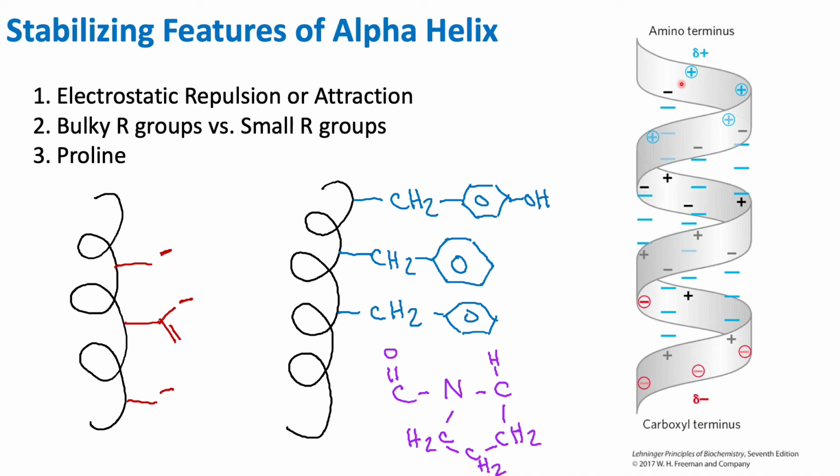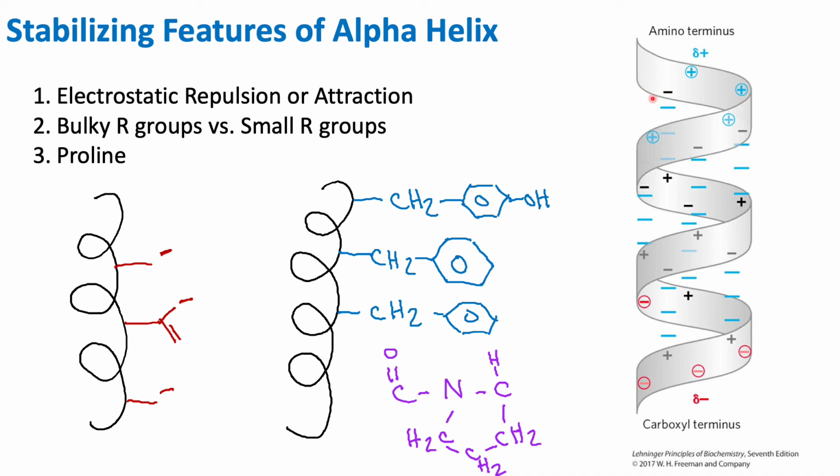Now over here, at our amino terminus, if we have glutamate and aspartate negatively charged, that is actually beneficial, because this is partial positive, and those two amino acids will have a negative charge at higher pH values. But if we had R groups that have positive charges, like for example histidine at a pH lower than 6, or arginine or lysine, those positive charges are going to repel one another,